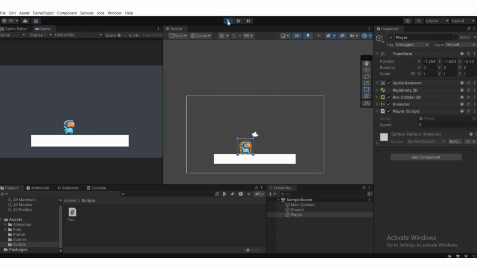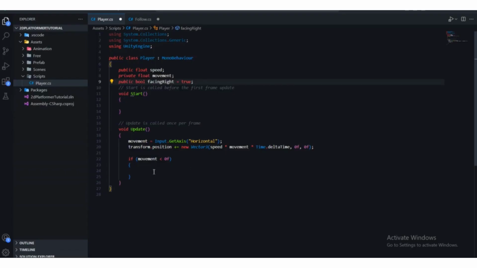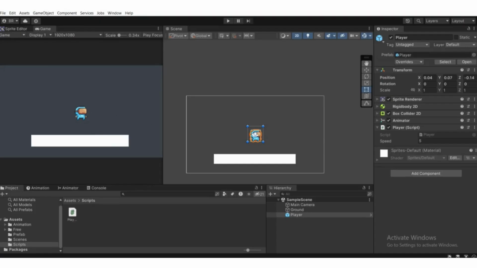So if we press the A key, the movement becomes minus. As we know, movement is less than 0f whenever we press the A key, and we're gonna check that facing right is true. Facing right equals true, or just leave it as it is, which also means true. So if we press the A key, the movement becomes -1, which is less than 0f. And if we are facing right, as we can see we are facing right,